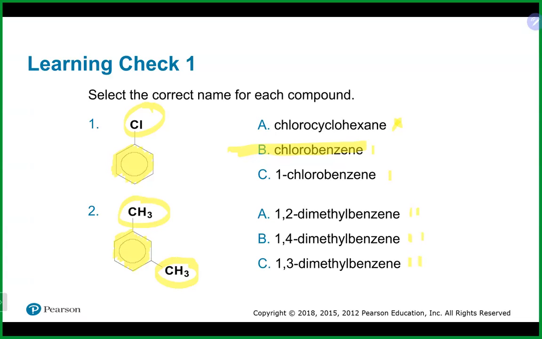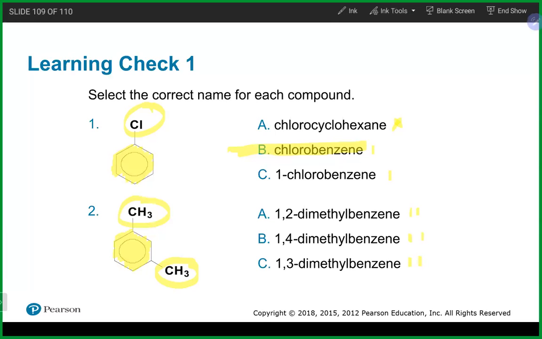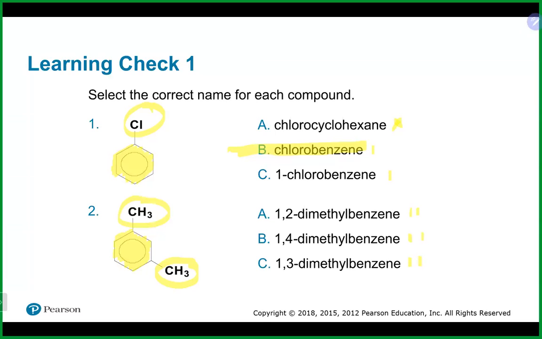At this point, we want to give some numbering, and we could start numbering perhaps up here, which would give us 1, 2, and 3. We could also go here as 1, 2, and 3. Obviously, if I went the other way, 1, 2, 3, 4, and 5, that seems like a lot bigger of a number there. So that would not be a good way to go. So it doesn't really matter which one you start with in this case. We do end up at carbon 1 and carbon 3 in this case, which means we should end up with that. And that would give us our 1,3